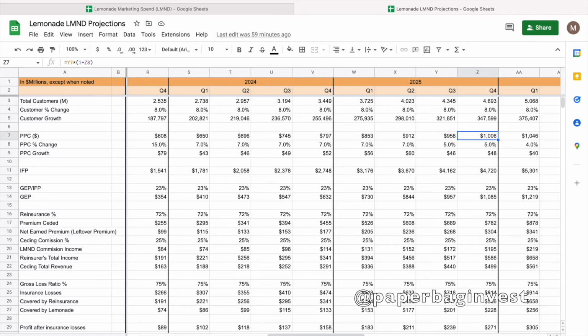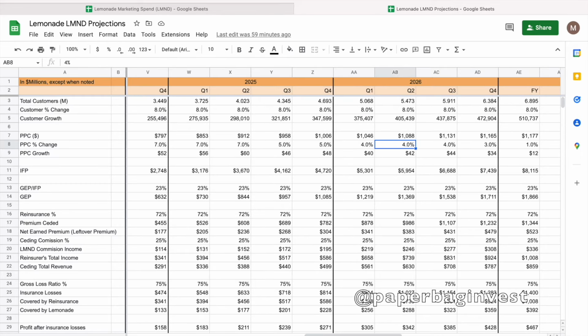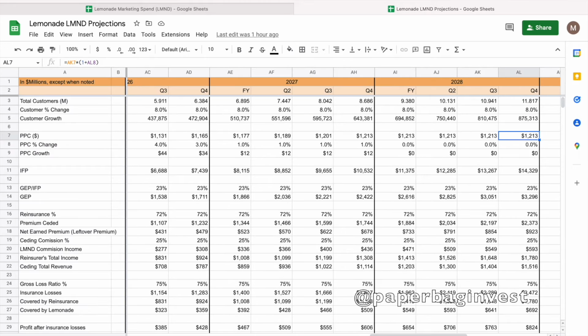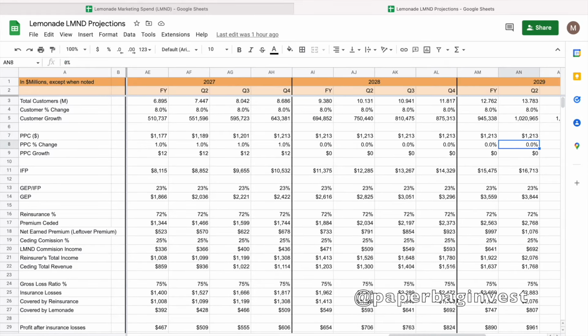Then maybe their customer growth is higher, but their premium per customer mix is actually lower. So it's very difficult to say how it's going to be balanced, but this is one such scenario. And maybe I continue pushing that out. Most people have a car, and so you think if they have Lemonade, they could have other products with it. So I don't think it's unreasonable to think their premium per customer could grow to $1,000 plus on an average customer basis. And that's what I'm doing. It gets to 1,100, 1,200, and I drop it off. No more growth, at least in the last few years.